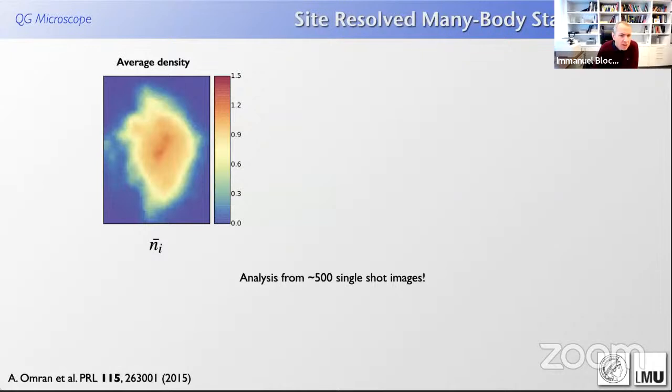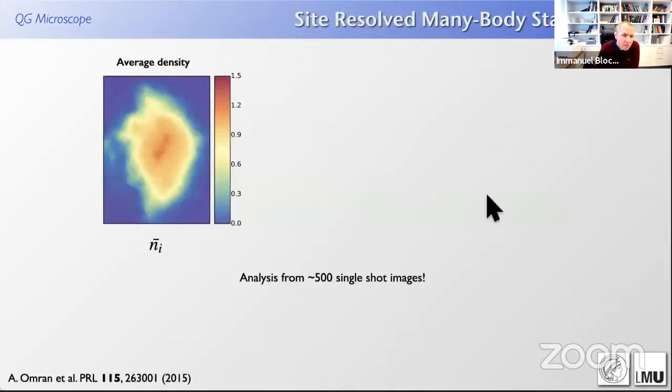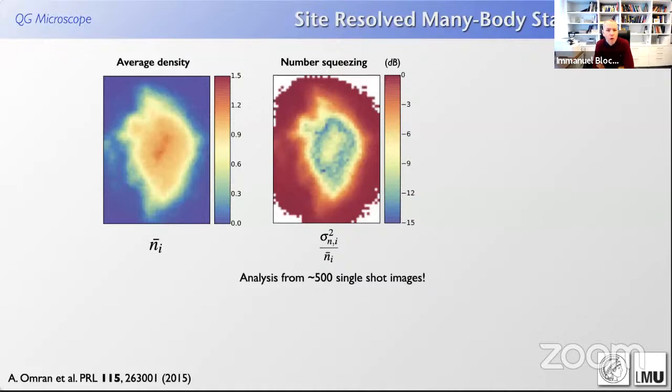Well, the first thing you can do is, for example, you can just calculate the average density of your system. So you can take 500 of these images. Each one will be slightly different. Remember, it's a different configuration of the many-body state. And then when you average them, you get, of course, the average local density in the system, which you can see here. But if you have access to the snapshots, you can do more. You can also look at, for example, fluctuations. What are the on-site fluctuations compared to the average density? Because in each shot, there might be a slightly varying atom number on that site. You will have a fluctuating atom number on the lattice site,